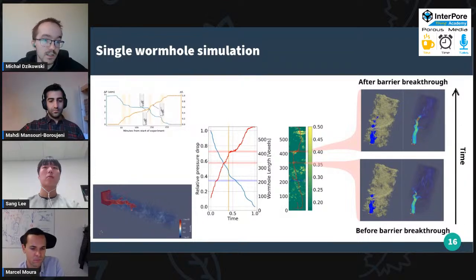So there is a certain area in the sample with rather low permeability layers. And when the wormhole passes through them, you could actually observe that the pressure drops cease to develop because the wormhole seeks other positions to pass through this layer, and then there is a sudden drop of pressure and rapid growth of the wormhole, which then stops because it starts to branch outside of this low permeable area. We are still processing this data, so I hope that we will be able to illustrate it better.